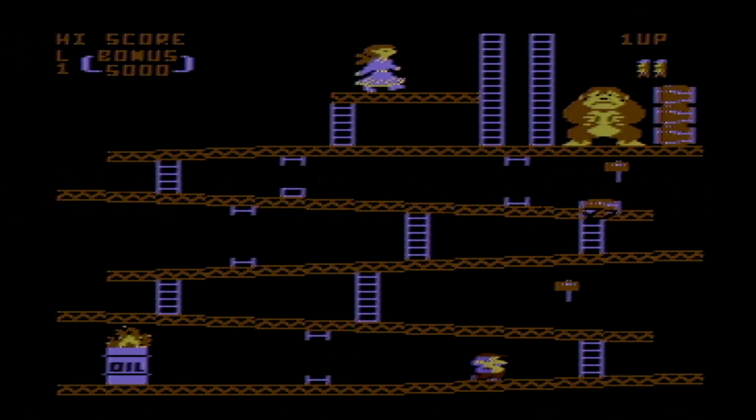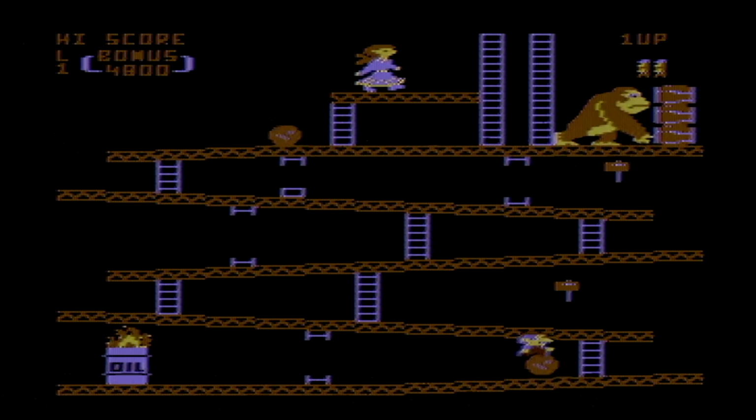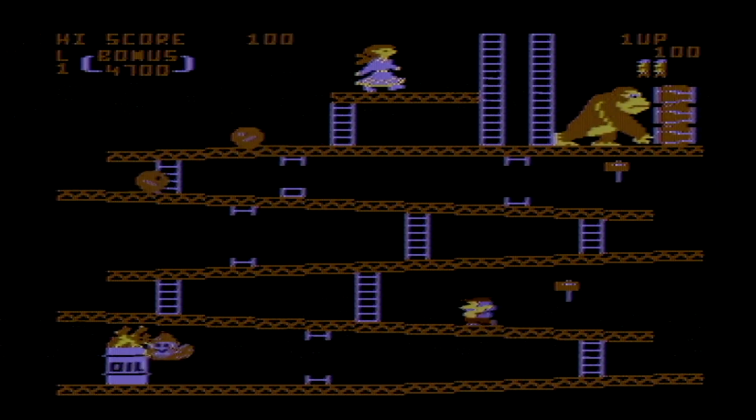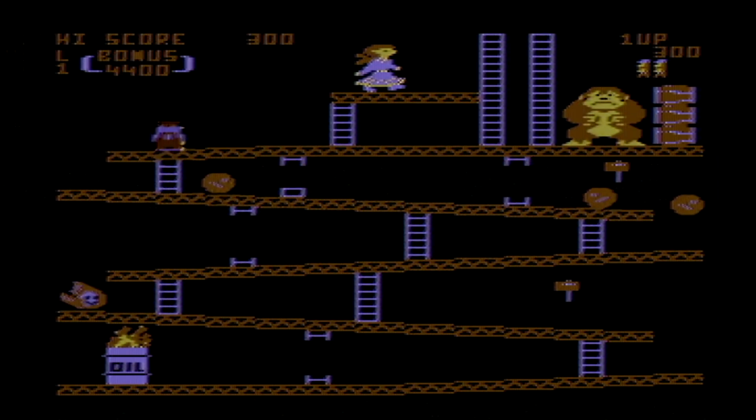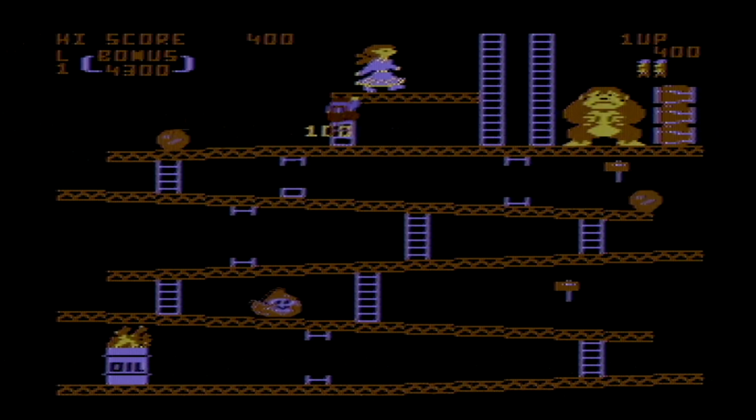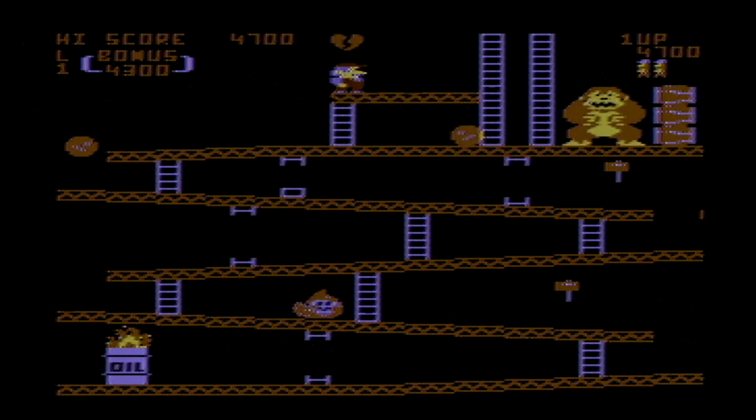You're probably familiar with this game, Donkey Kong. It was very popular back in the 80s. Well, guess what? Mario, along with the barrels and the fireballs that appear, are all part of the player missile graphics subsystem. They're being animated using player missile graphics, and when Mario gets struck by a barrel, that's called a